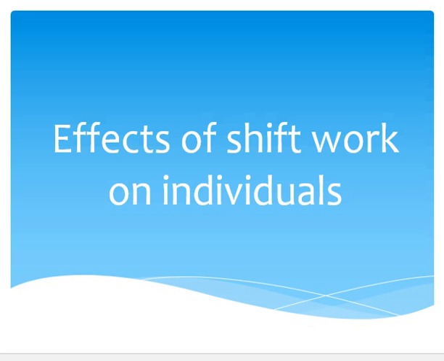One example is our core body temperature, which follows approximately a 24-hour cycle and influences our levels of alertness. For most people, the lowest core temperature, 36.1, and the highest, 37.2,